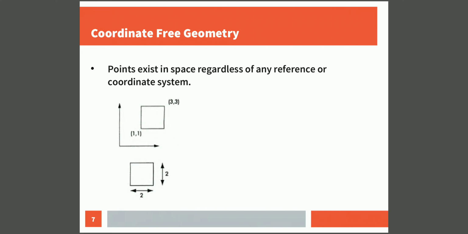Here each point will have a distance of 2 pixels or 2 units. Now in the second diagram we have removed the coordinate system. That means we are not considering the x-axis, y-axis, z-axis, nothing, but still the rectangle remains the same and the distance between each point or vertex remains the same. Now in this second diagram we are not going to represent any of the vertices with coordinate values, but still we have 4 points and a rectangle and the distance between each point remains the same.